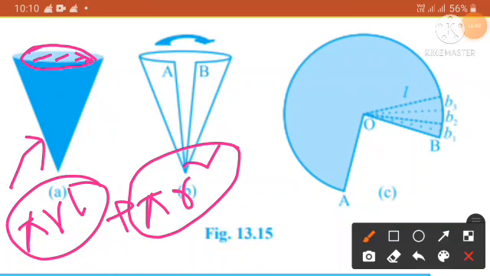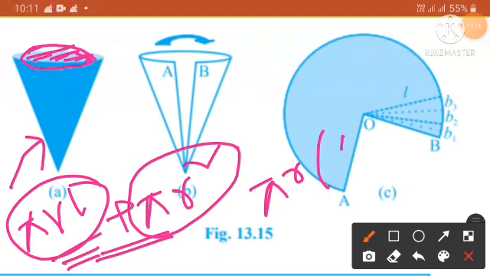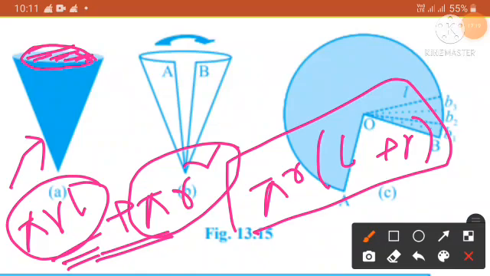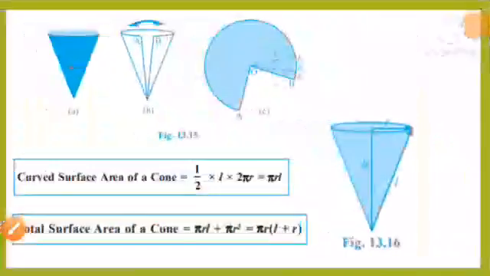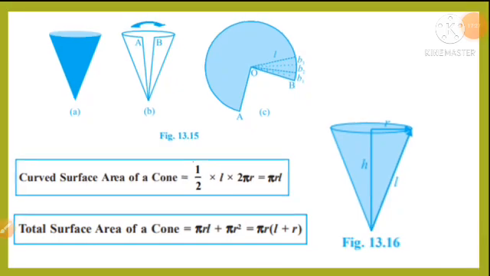Okay, so if the base of the cone is to be closed, then a circular piece of paper is needed, and the area of this circular piece will be added to the curved surface area of this cone. That means the total surface area for a closed surface will be pi, with r as common, and inside the bracket it will be L plus r. Okay, got it? Now we are taking some examples to give you a better idea.